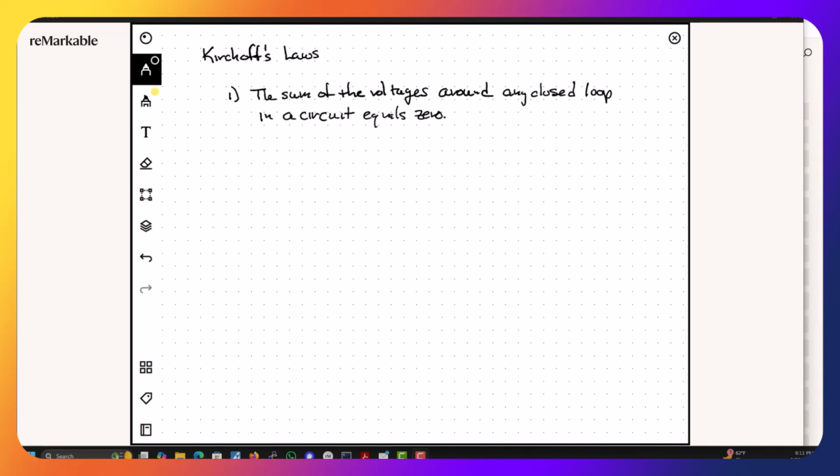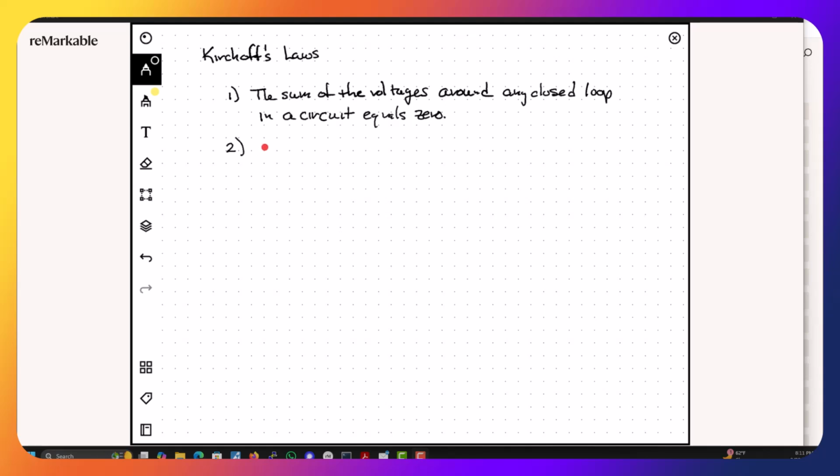And that has to be true. If you were to discover something, if you could build a circuit that didn't do that, well, probably you'd be wrong. If you weren't wrong, we'd have to rewrite everything, because this is so fundamental. It's conservation of energy. The second of Kirchhoff's laws